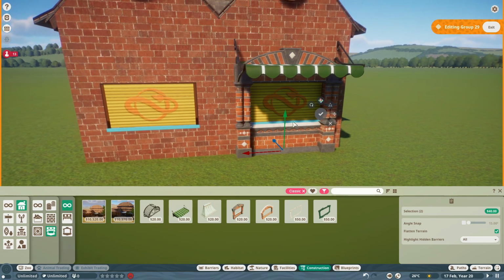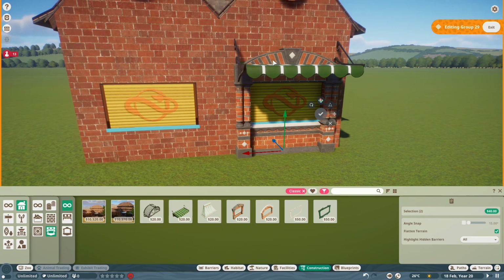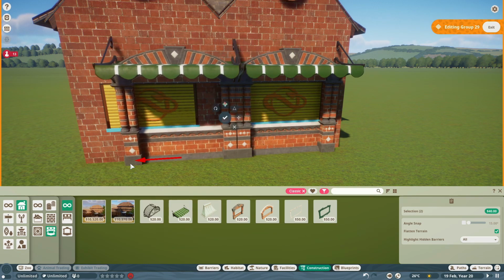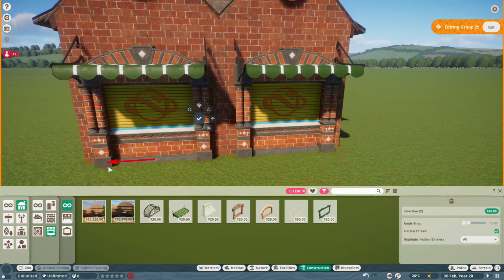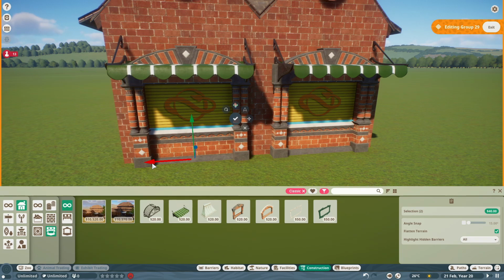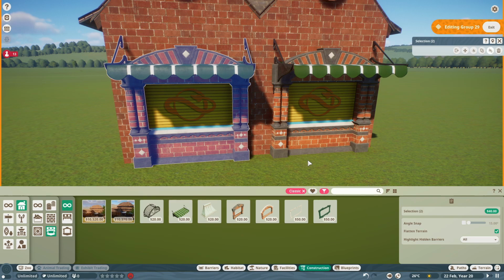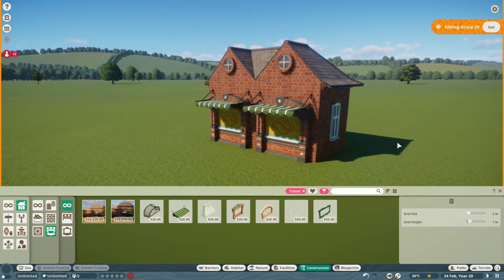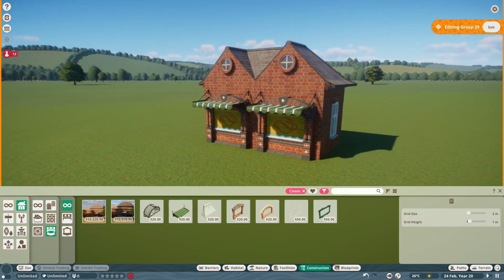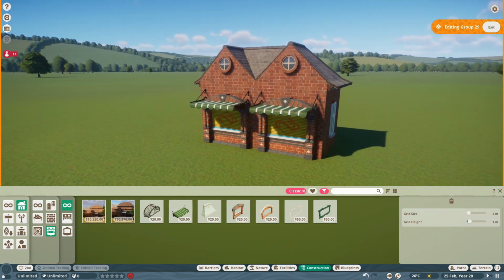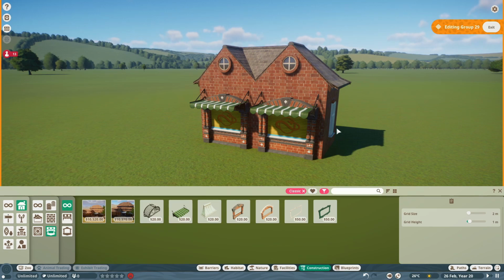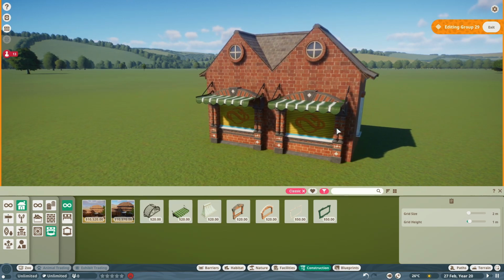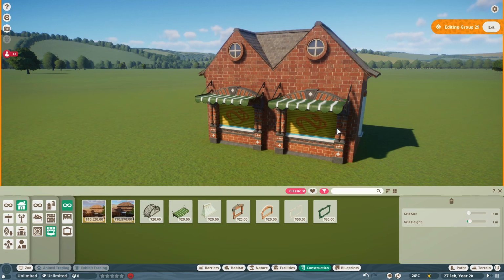You get these arrows, and it has duplicated a window exactly in the same spot here. So we just have to drag it out like so. And there we go. We have the exact window, the exact awning. It is in the exact same position. We just hit the check mark and we're done. Now this building looks amazing already. This could totally be a building in real life. So you could be done right now. But if you want to make it even prettier than this,